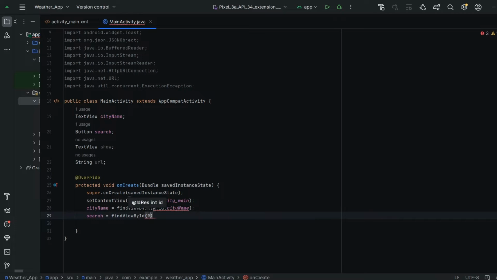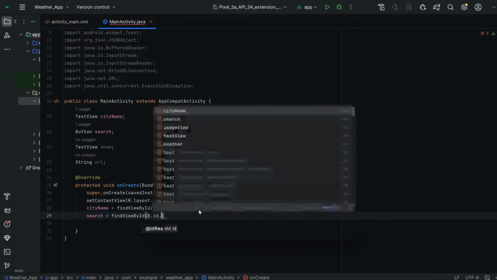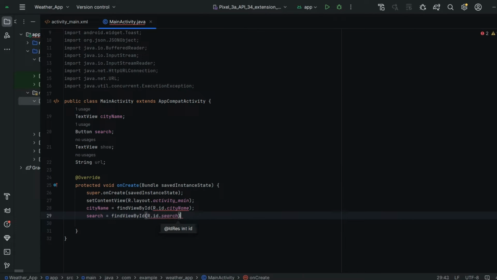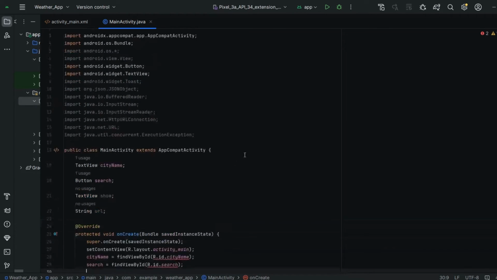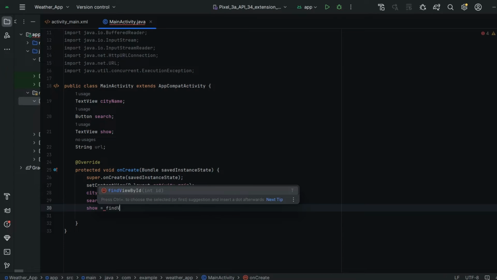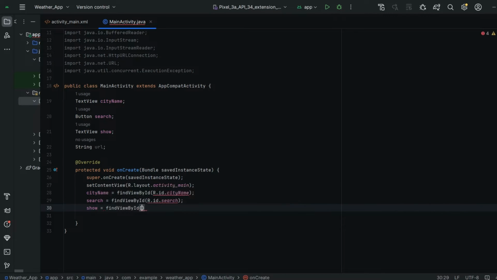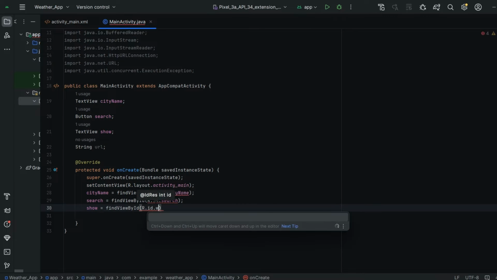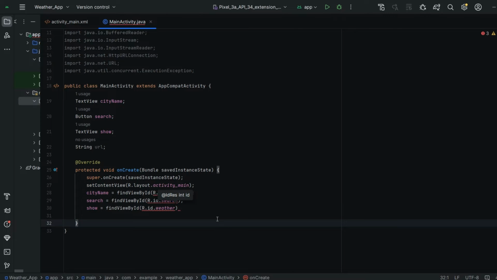Here I am going to get R.id dot, it is the search button, so search. And next we are going to get show. Show is equal to findViewById. Here I am going to access this using R.id.weather. Okay, that's it.